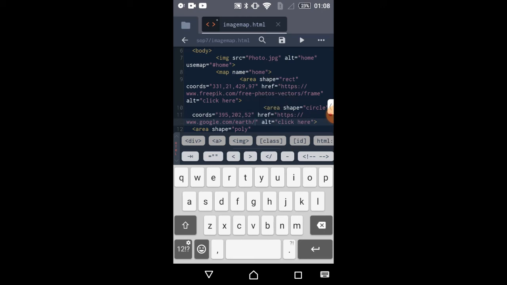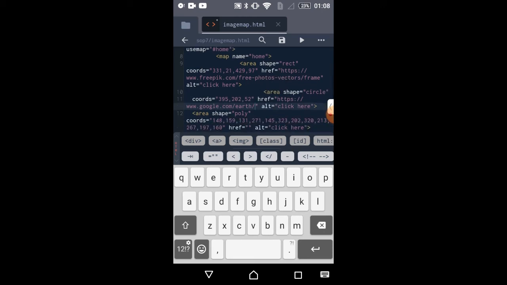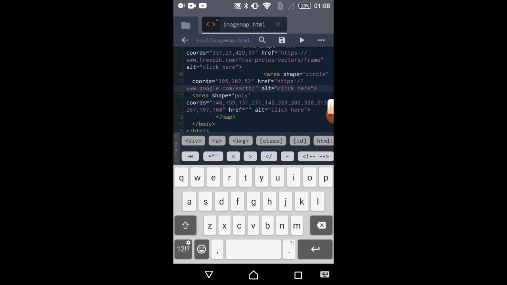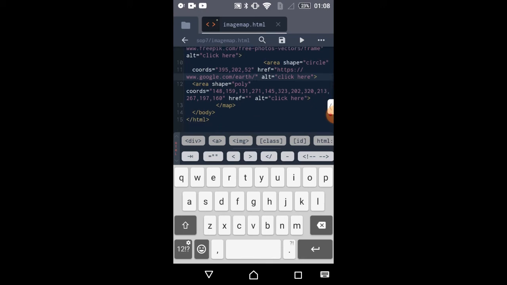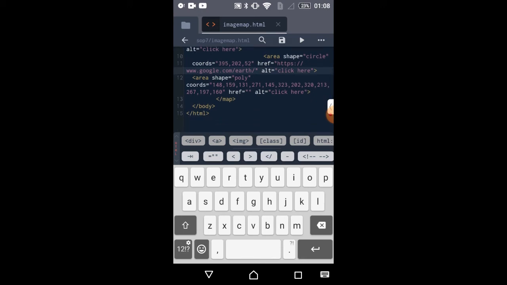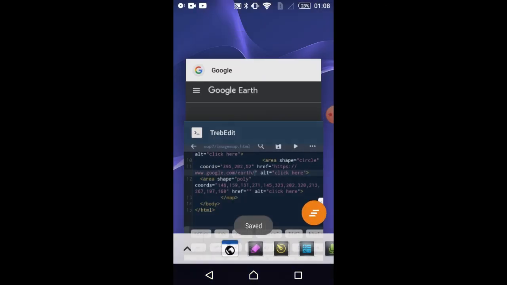So now the brackets are correct. So the third is polygon. Just save again and I'm going back and searching for a plant or any other website.